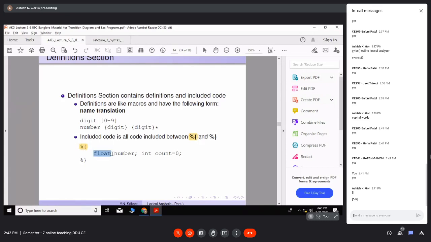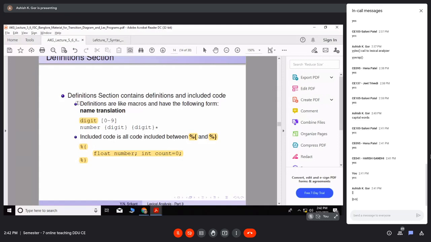Then you write the declarations and everything. Like here, I have defined a float number and integer count 0 is equal to 0. And that should be ended with this. Everything between these brackets is directly copied to the created lexical analyzer. Okay. So the definition is given like this.